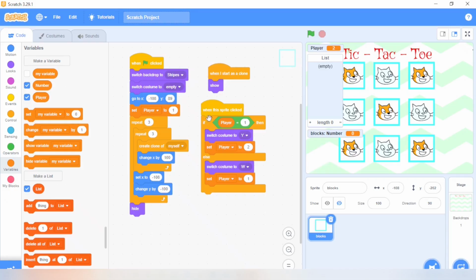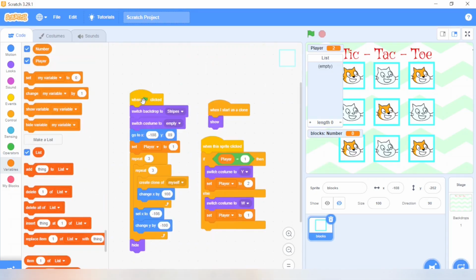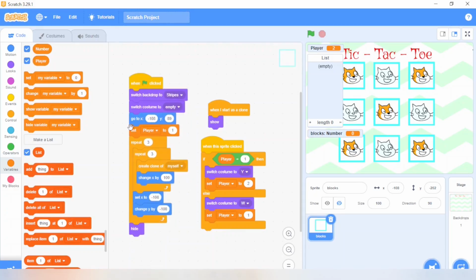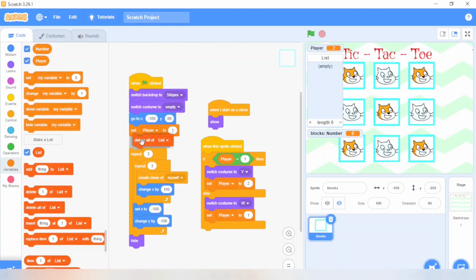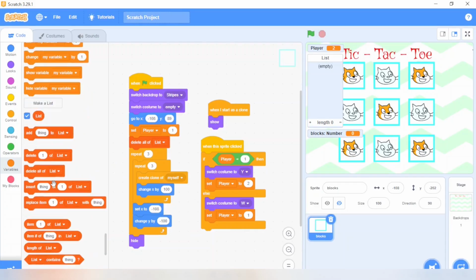Okay. Now here in the list, when we click on the green flag, the list should be deleted. I don't want repetitive numbers to come again and again and our list become lengthy. For that, I'm going to use the delete block, delete all of the list. That is the first condition. Next, the add-on, add things to the list. When we just click on the green flag, it allows us to add things into the list. For that, we can use this block and we'll place it over here. We'll delete this thing and make it empty.